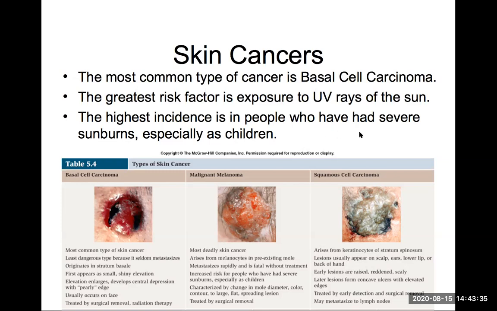So if you've had some nasty sunburn when you were a child, and most particularly if you are lighter skinned, then you have to be very careful and keep an eye out for any changes to the skin that might indicate skin cancers. So anything that is abnormal, changes color, changes texture, starts to grow, anything like that, you should